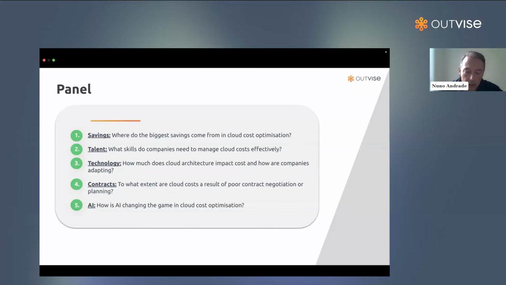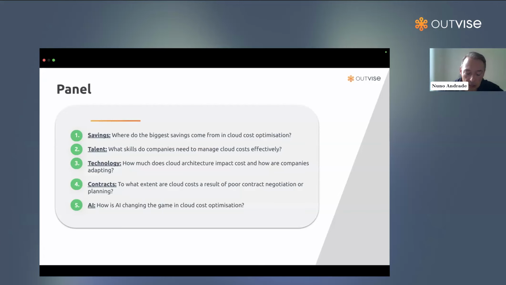Usually, when a company has a target of migrating their infrastructure to the cloud, they tend to make a lift and shift, which is a poor way of migrating to the cloud, because they will not take advantage of the cloud, and the costs will be higher than what they have on-prem. So this is one of the factors. The lift and shift, for me, is the biggest